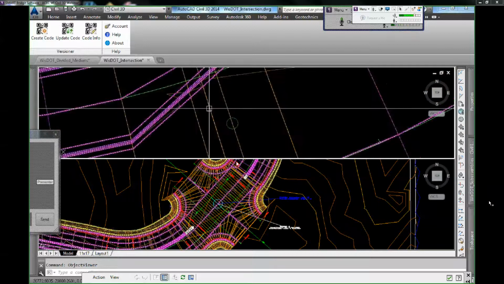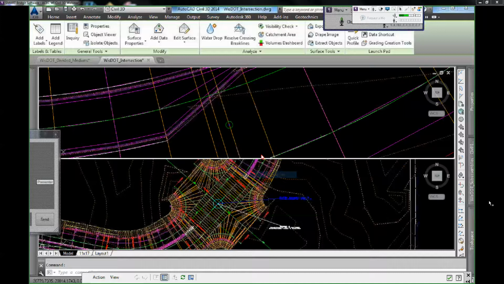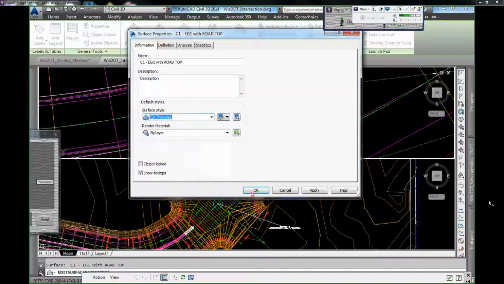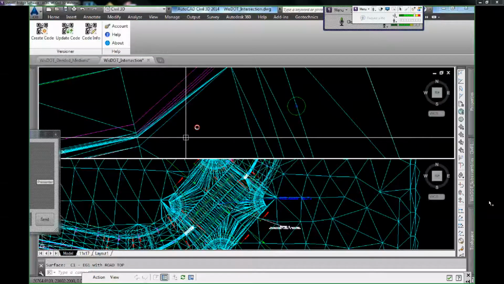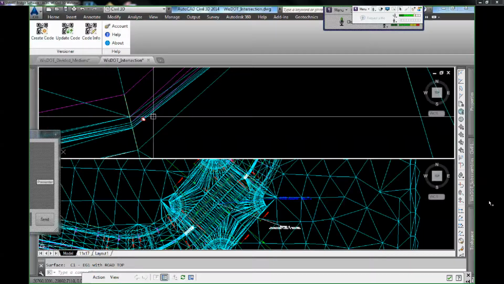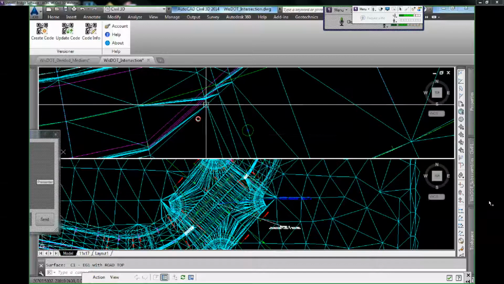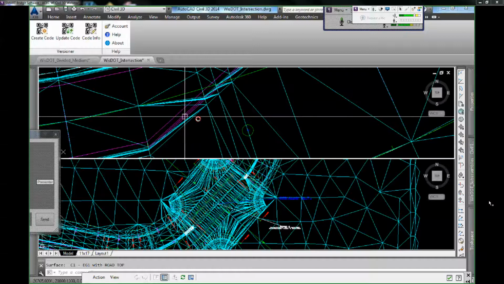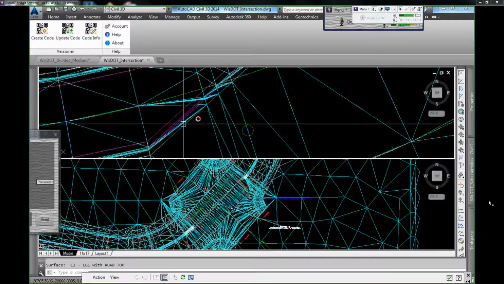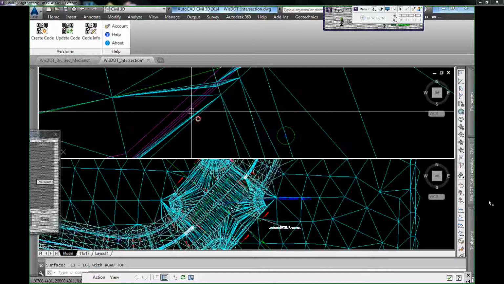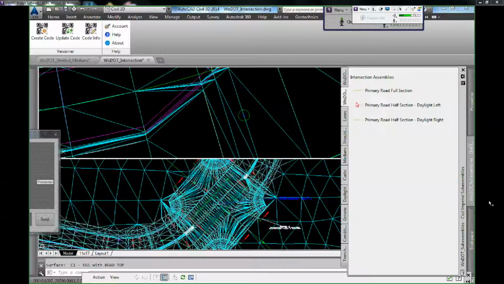If I turn on the TIN, you'll see what I'm talking about. So turn on triangles here. Okay, right now these cyan lines should not be interpolating to this point. They should be running along that magenta line, which essentially is the flow line. Okay, but the problem is the stock subassembly here. If I come over to it,